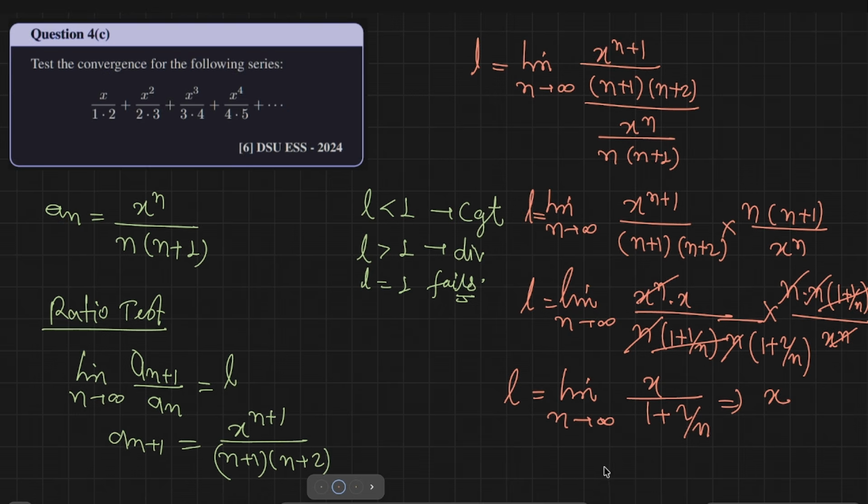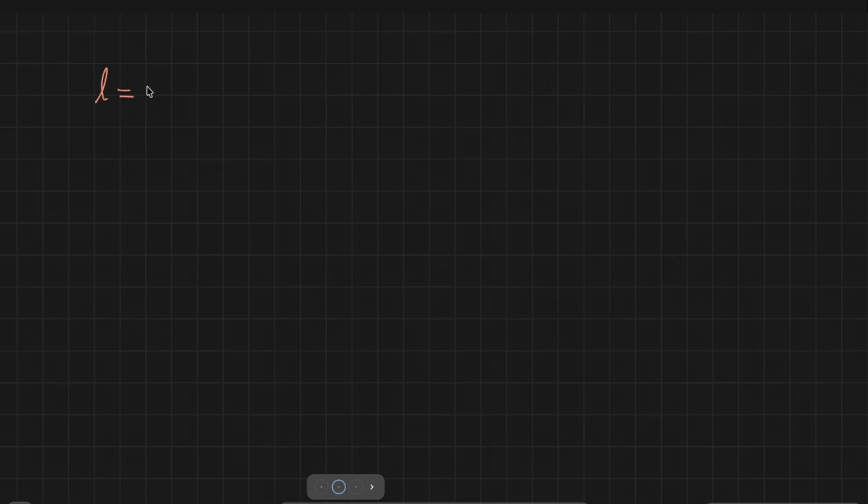Now the case is, it is basically mod. Whatever we are writing, this is inside the mod. So from here you write down inside the mod. When you write down inside the mod, the condition on x will be mod of x. This is how you can see. Now it will be convergent. So now my L is equal to mod of x. So convergent,